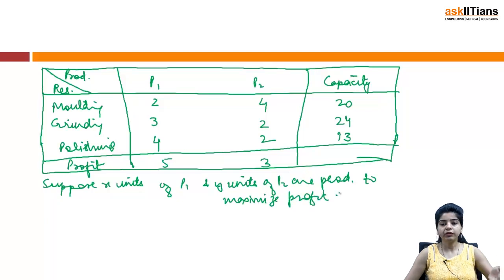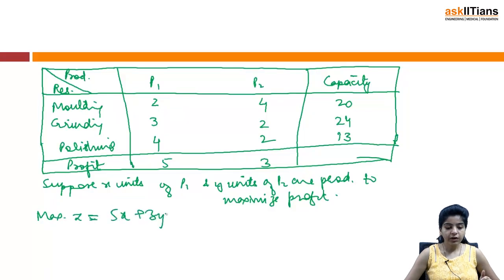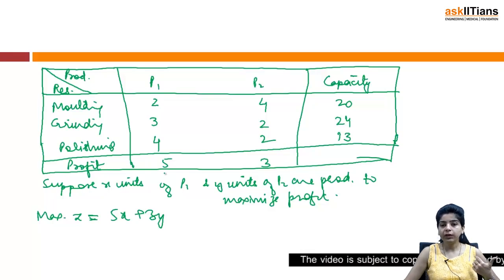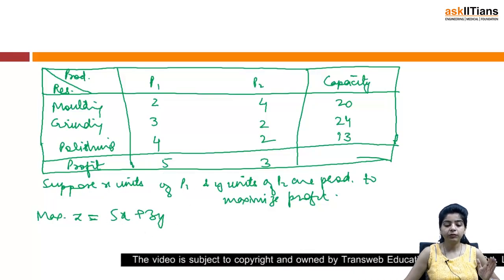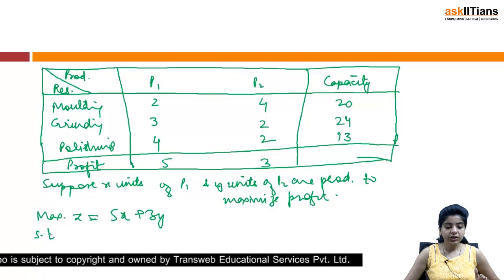So we'll have the profit function: maximize Z equal to 5x plus 3y, because the profit is given to be 5 per unit for P1 and 3 per unit for P2, and we are assuming that x units of P1 and y units of P2 are produced. So it becomes 5x plus 3y subject to